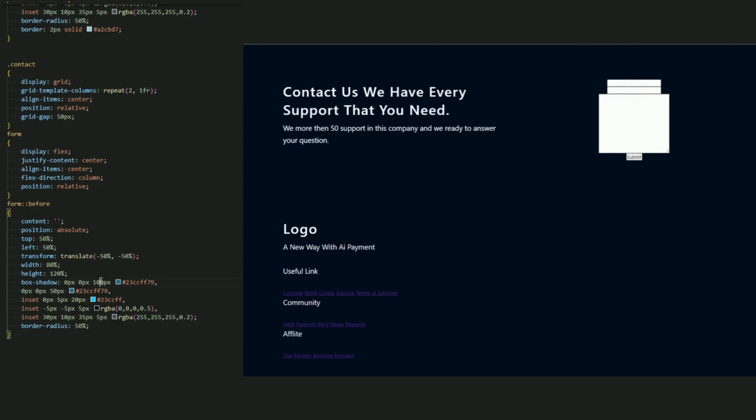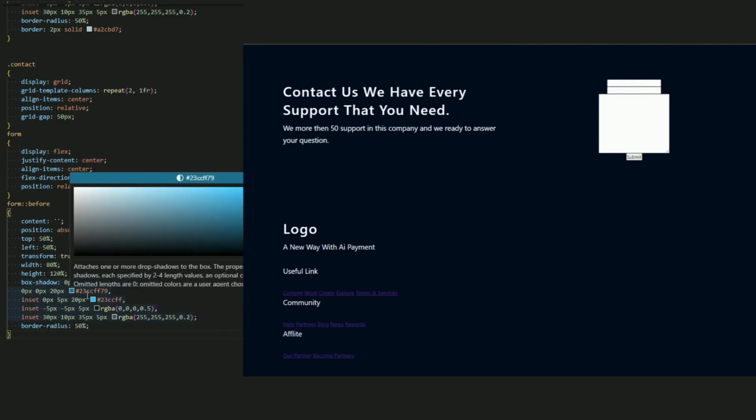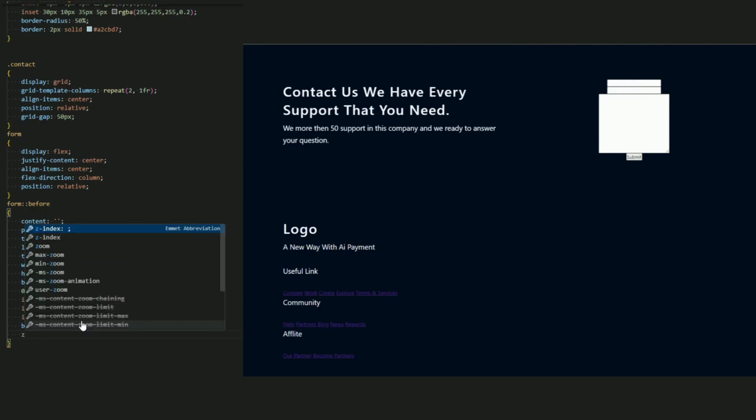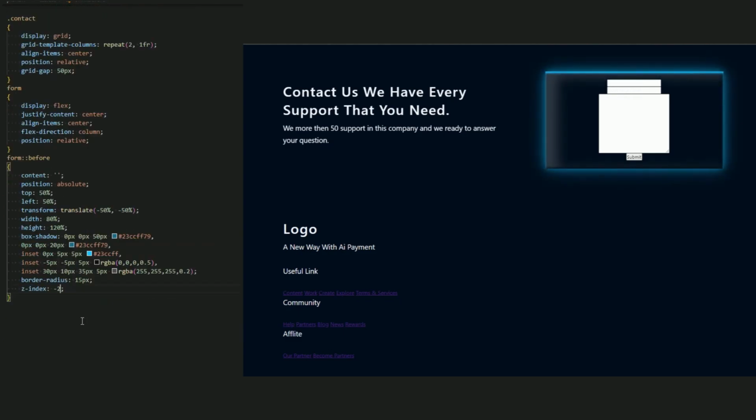The box shadow be 50 pixel and 20 pixel. Okay, and let me have 5 pixel. So, okay, yes, everything. And instead of circle, let me do a 15 pixel. And the z-index -2. Here we go.